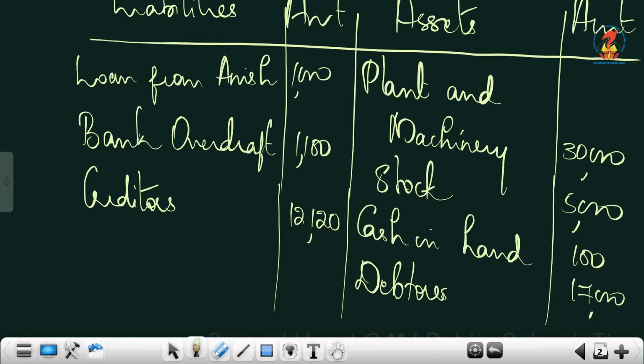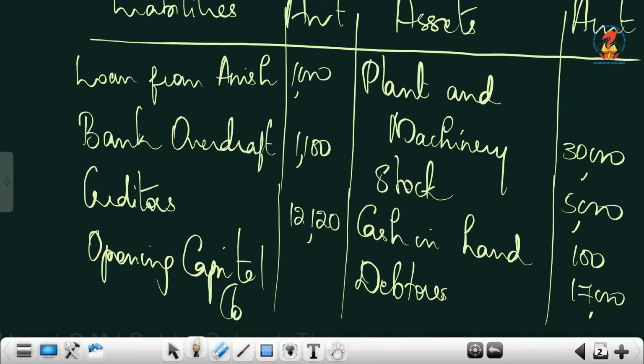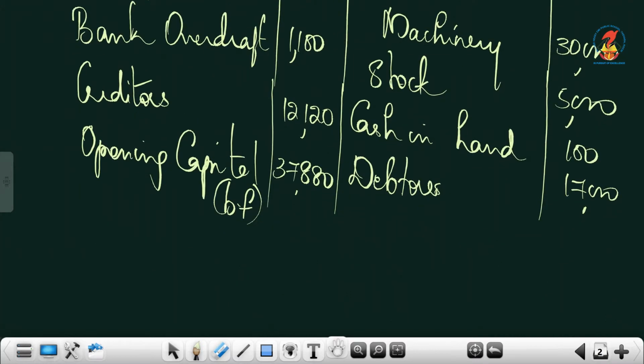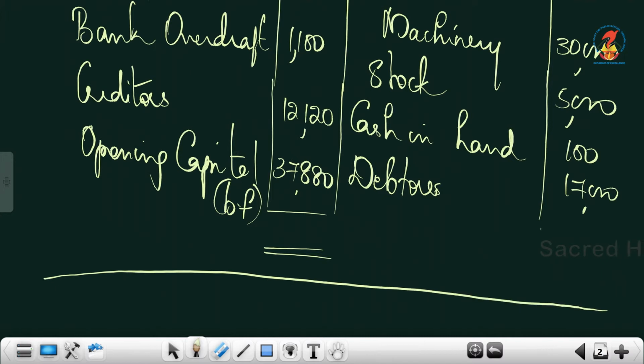Now you can compute the balancing figure. So the balancing figure will be your opening capital that amounts to 37,880. Total is 52,100.